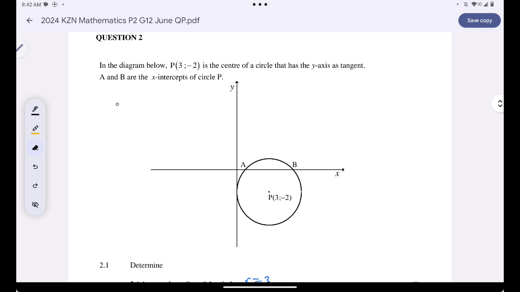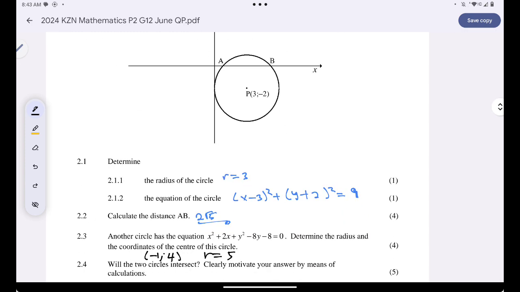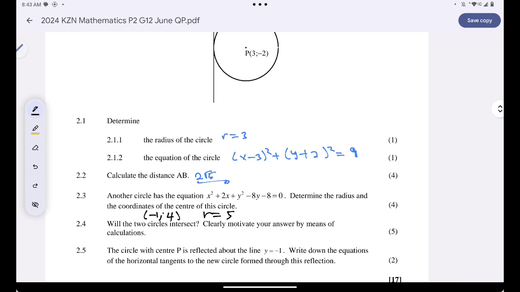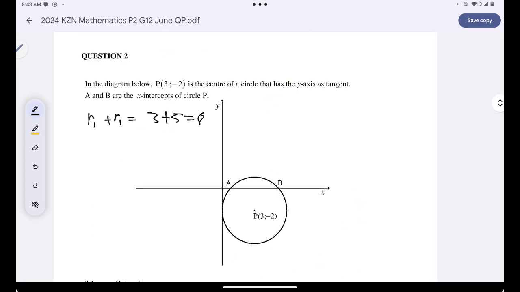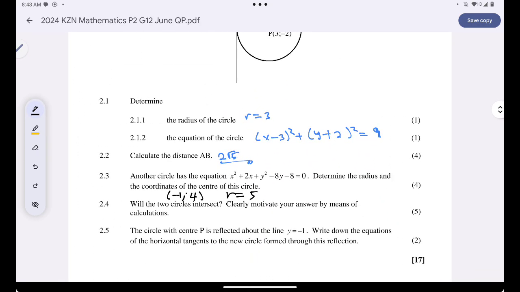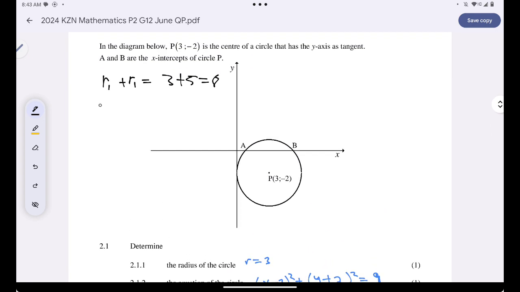The sum of the radii is, I'll say, 3 plus 5, which is 8, né? So the distance between the centers, let's call the coordinates of the other center Q, né? So PQ